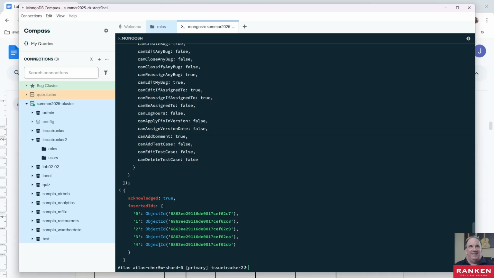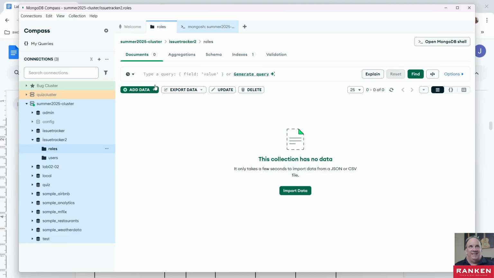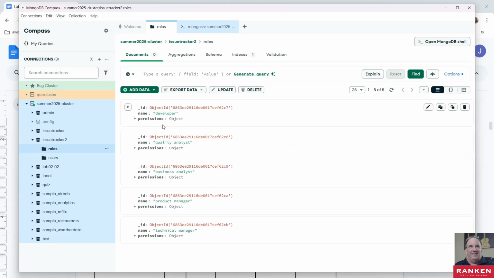And then insert it all for each ID, and each one is a role, right? Let's go ahead and refresh here. Let's just click on roles, right? I just realized this doesn't refresh until you refresh it. So I'm going to come up here at the top, and there's this little refresh. I'm going to click that, and then here's all your,